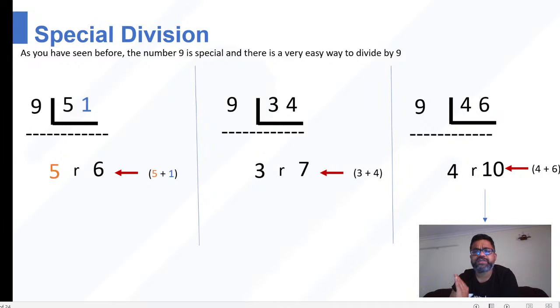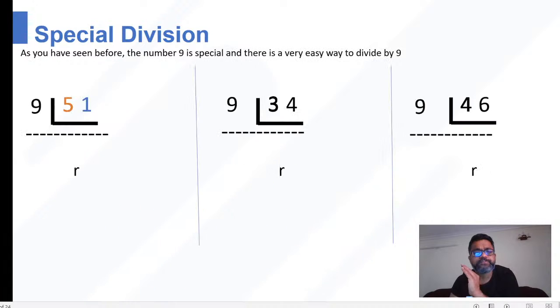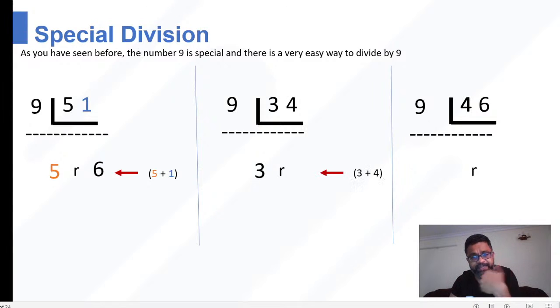So if you understand concepts of division, this is a very easy cakewalk for you. It's easy peasy, nothing else. Okay, so let me just quickly recap that for you. 51 divided by 9, I bring down that 5. My remainder is going to be 5 plus 1, 6. Try out with any other problem, you will get the same result only. Try it out with a calculator also, you will get this only. Okay, 34 divided by 9, 3. 3 plus 4, 7. Similarly, 46 divided by 9, you bring that 4 down and your remainder is 10.